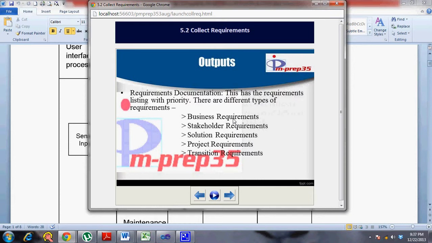So that's why you have the different techniques that were there in the form of diagramming, involving creativity, so that you can use those diagrams out here in your documentation to detail what the project is all about, what the different stakeholder needs are. The last output is a requirement traceability matrix.